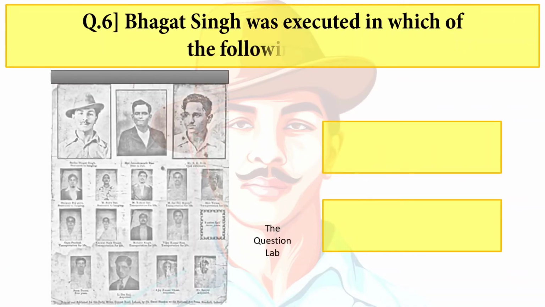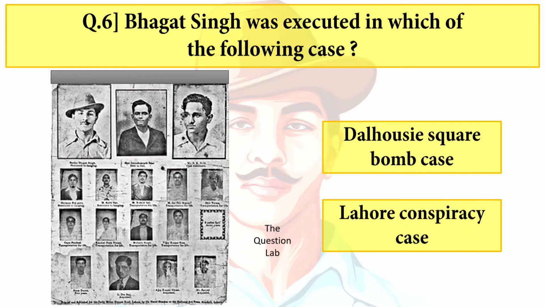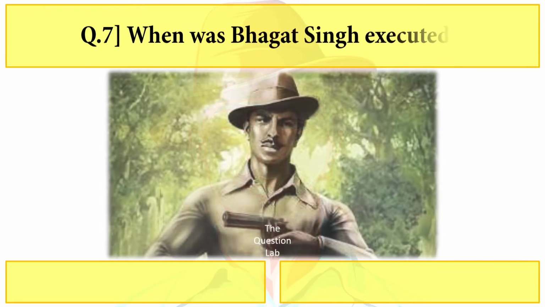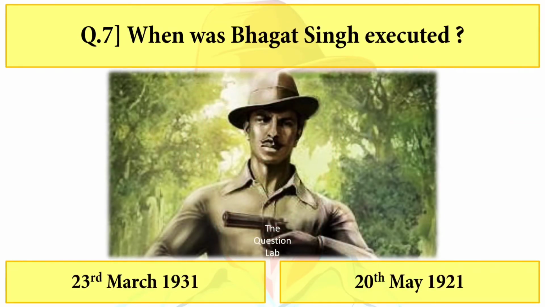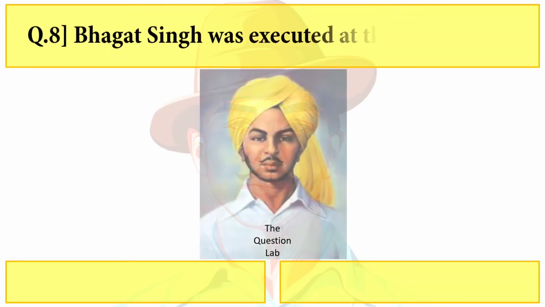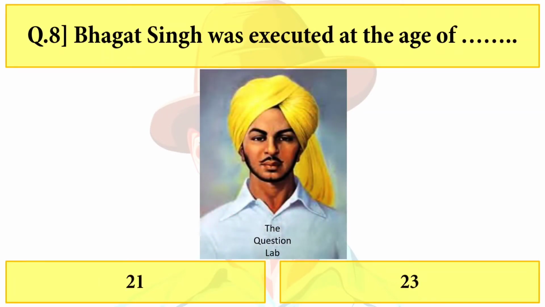Question number 6. Bhagat Singh was executed in which of the following case? Lahore conspiracy case. Question number 7. When was Bhagat Singh executed? On 23rd of March 1931. Question number 8. Bhagat Singh was executed at the age of